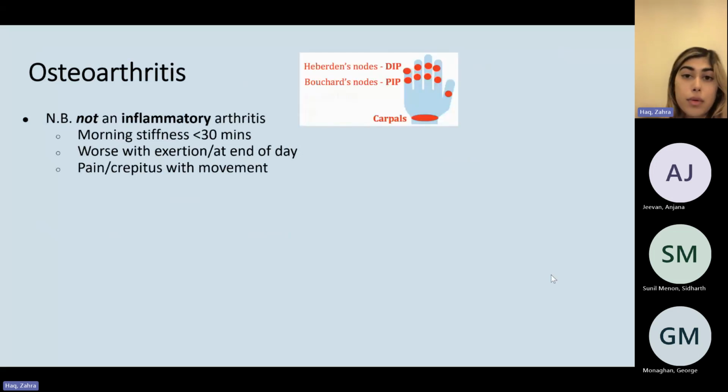Patients will typically be quite old as well. So osteoarthritis is associated with Heberden's nodes, which take